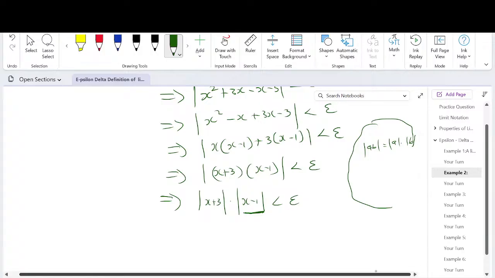Because this is our x minus 1 and it's less than delta. So the only one here is this one, which is giving us the balance. You know, if it were, let's say, something like 2 into x minus 1 less than epsilon, then for this one we just divide this by 2,